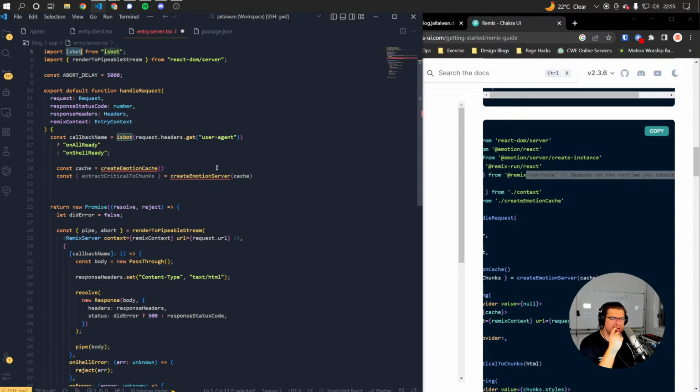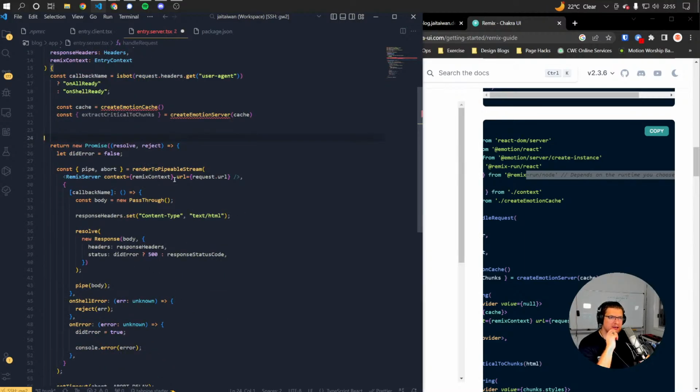Interesting. Because I kind of want to conform to this template here, where possible, and understand how they've put this together. So callback name